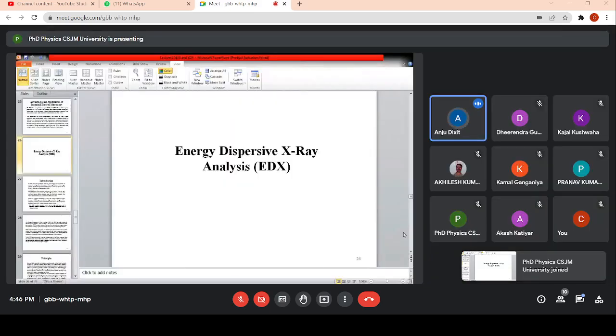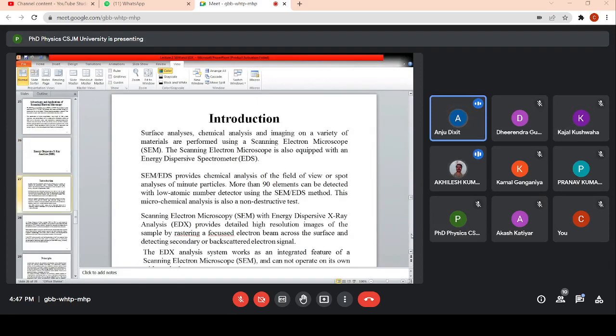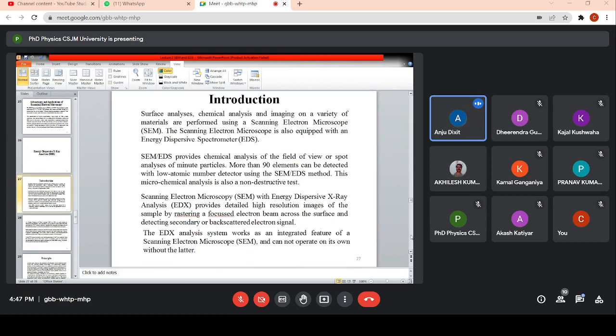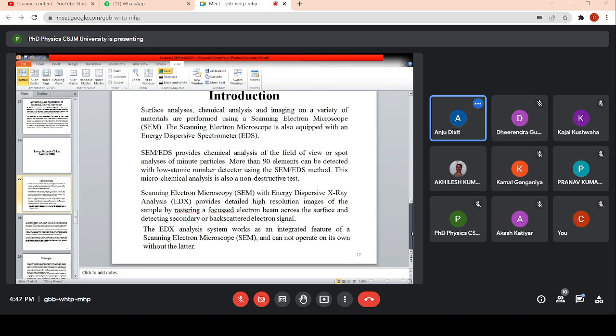स्क्रीन तो विजिबल है आपको ये? तो मैं बात कर रही थी एनर्जी डिस्पर्सिव एक्स-रे एनालिसिस, यानी ईडीएक्स के बारे में। ये स्लाइड मैंने ऑलरेडी डिस्कस कर दी थी, जिसमें आपको इंट्रोडक्शन बता दिया था इसका। तो मैं आगे बढ़ रही हूँ। That is,